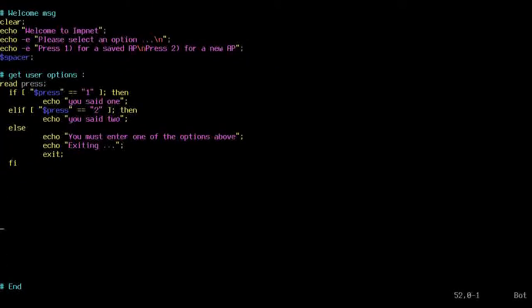So, if works, if we press 1, it says we have to, for a saved access point. And we don't have any saved access points yet. We don't even really have it going, right? So let's work on 2 for a new AP. We have to add a point before we can save a point. So let's do that. Let's add a point first. So now, if we press 2,